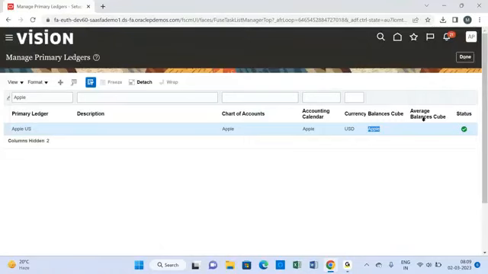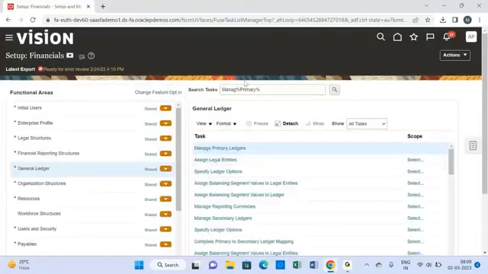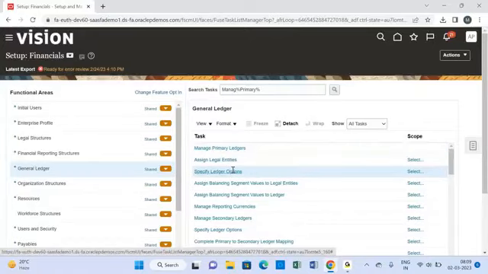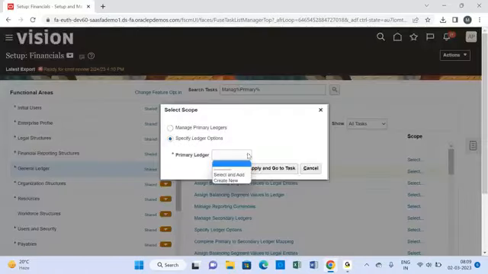Even that is also taken care of by the rapid implementation spreadsheet, which means whatever manual configuration that we did so far, the majority of them gets created automatically by the spreadsheet itself. Okay, let us go and check the Specify Ledger Options, what options got defaulted at the ledger level,